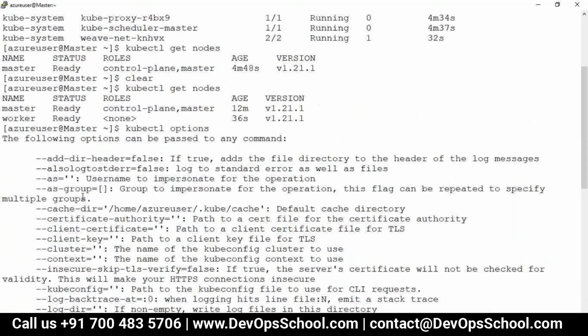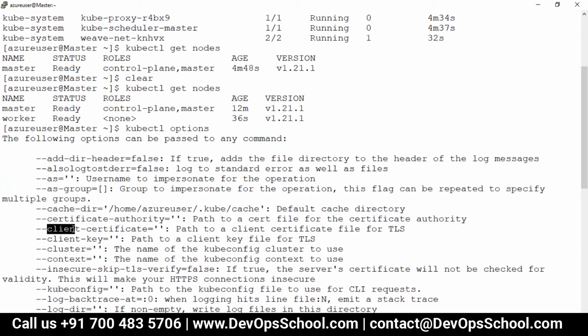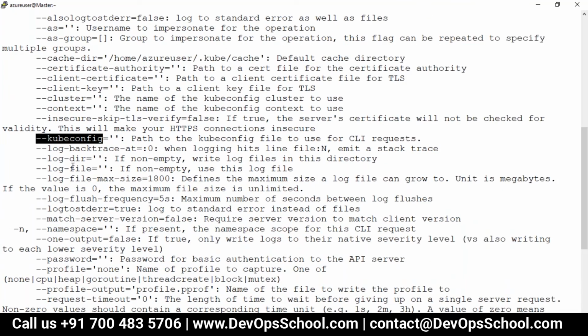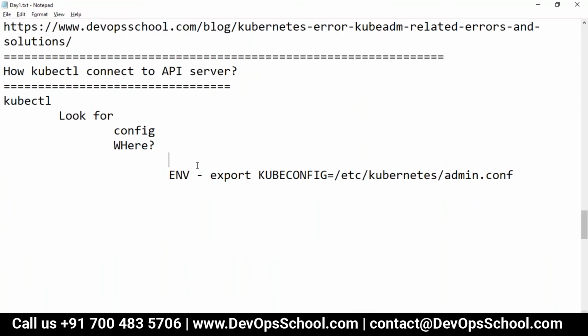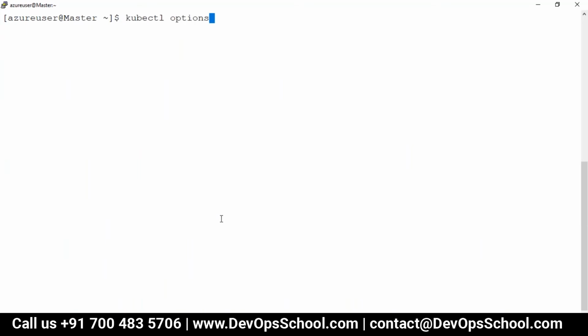So which one should be used? Even I got lost. Where's the config? Client certificate, client cluster context should be here. Here it is. This is what I'm talking about. So this is the command line option. You set this in the command line while passing the parameters like this. You write this command, and after that you can set this parameter option equal to the location. It can be any location.